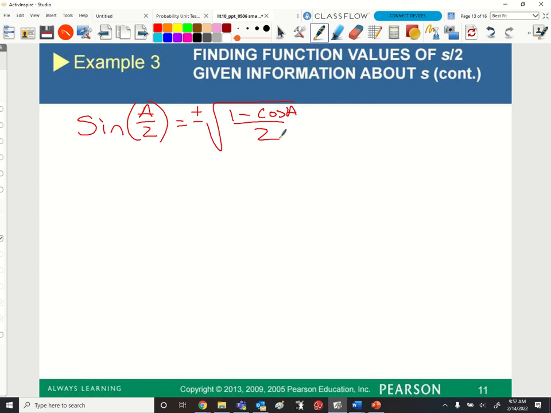And in this case right here, same thing goes, my half angle is going to end up in quadrant 2. So since the half angle ends up in quadrant 2, I know that the y value has to be positive. So let's go ahead and start plugging in step by step. It's going to be a positive square root of 1 minus, now cosine was 2